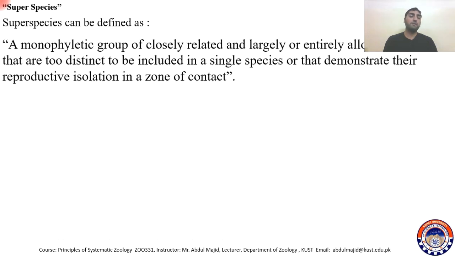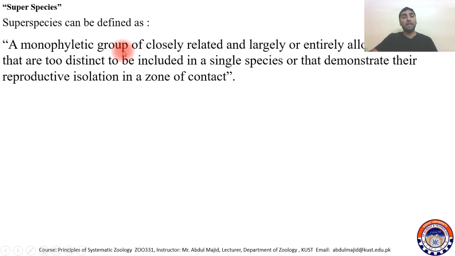Superspecies can be defined as follows. The first thing is it's a monophyletic group and closely related, meaning they descended from the same lineage, from the same ancestors, and they are largely or entirely allopatric. Largely or entirely allopatric means they are almost completely allopatric. They are living in very different geographic regions. They are geographically isolated from each other. Though they belong to the same parents, they are entirely allopatric, living in different geographies,